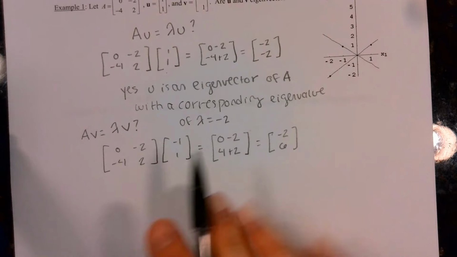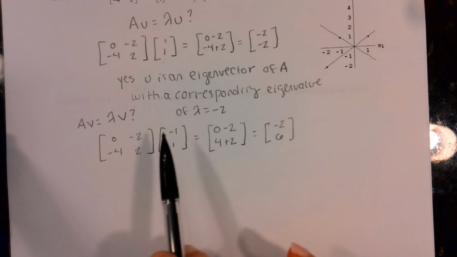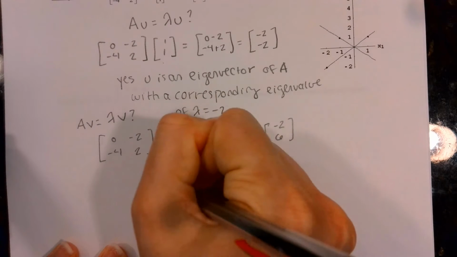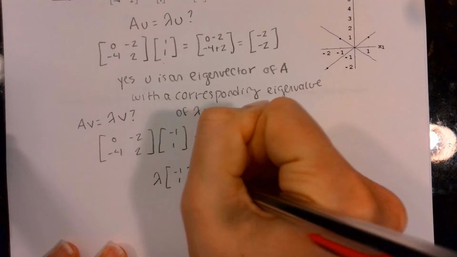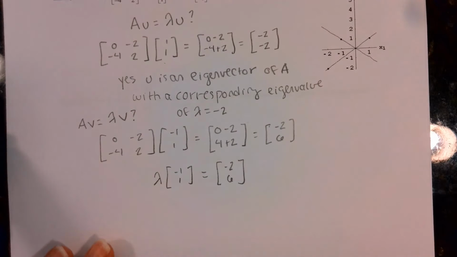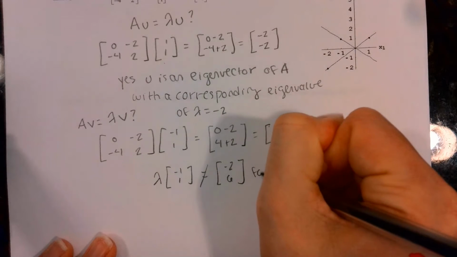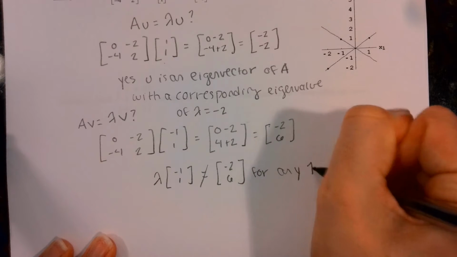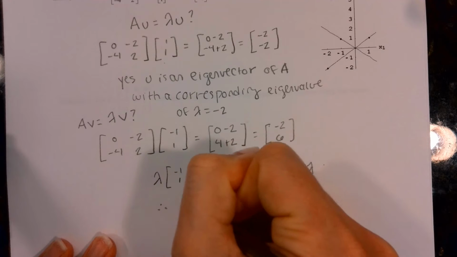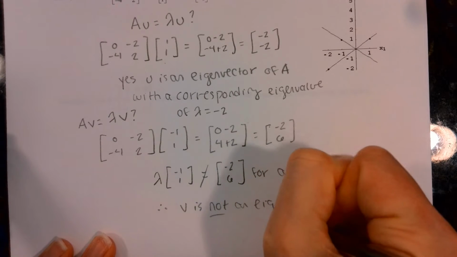There is no constant I could scale the vector by. No lambda times negative 1, 1 would be equal to negative 2, 6. This will not equal this for any lambda. Therefore, V is not an eigenvector